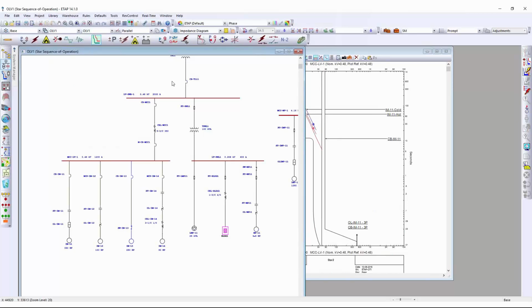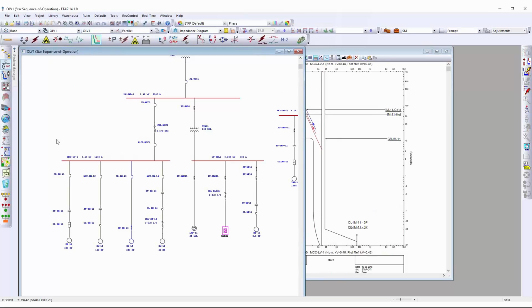Naturally, this procedure is time consuming, and depending on the number of the buses, number of the protective devices, and naturally number of the zones, you need to spend more and more time. That's the nature of the protection and coordination study. In ETAP 12, we have introduced a nice and powerful tool